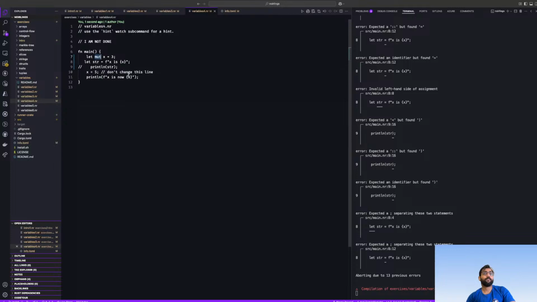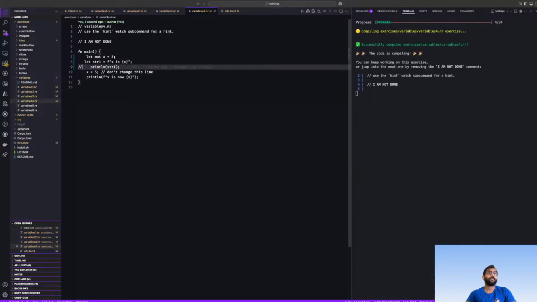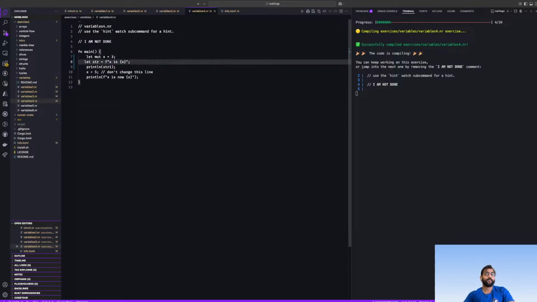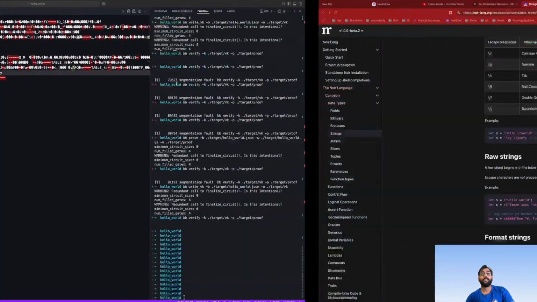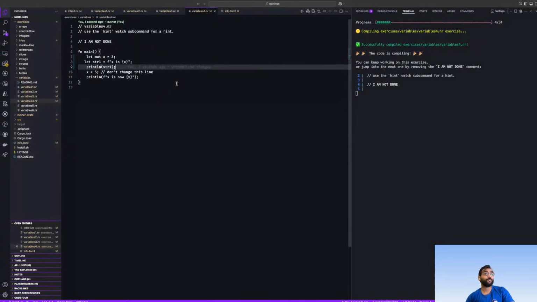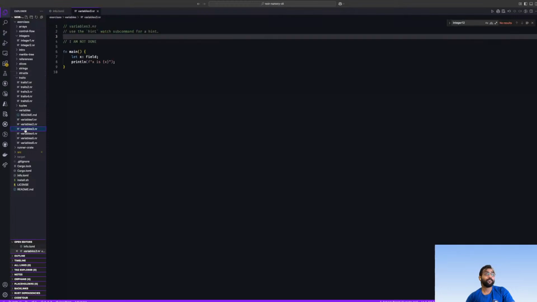Okay, I think I found it. What if maybe str is a reserved keyword? Yes, that's the issue. Okay, we can't use the str word. So str is a reserved keyword, so we can't use it like this. Yeah, we were using a reserved keyword and we got it. Again, very good. I don't know what I was thinking. Maybe I must have changed something, but I'm going to fix it now.